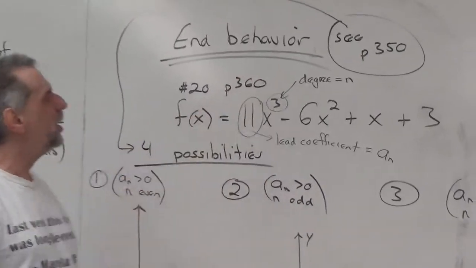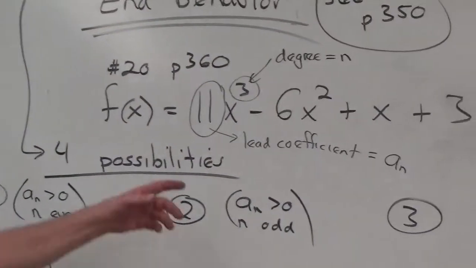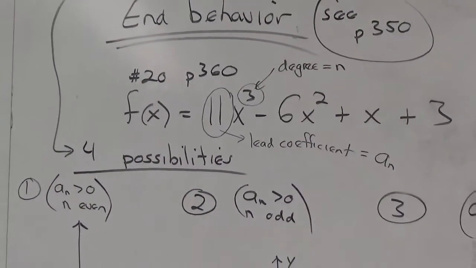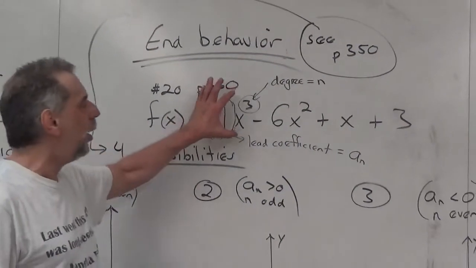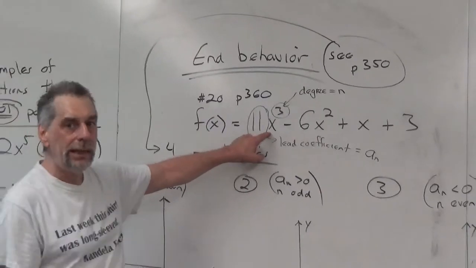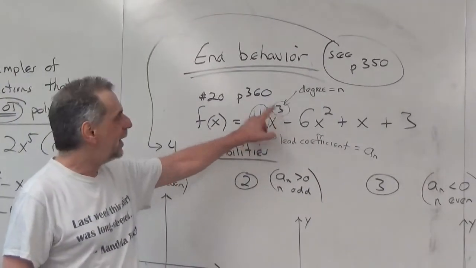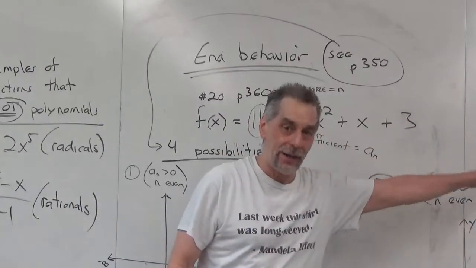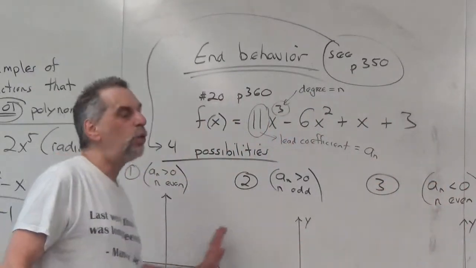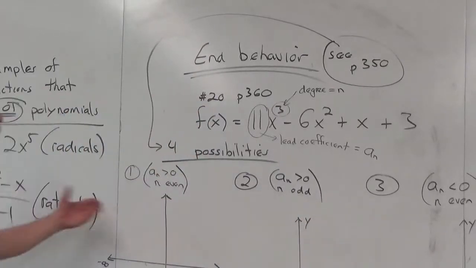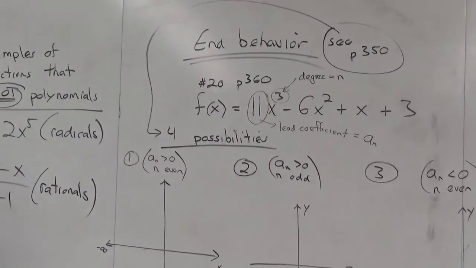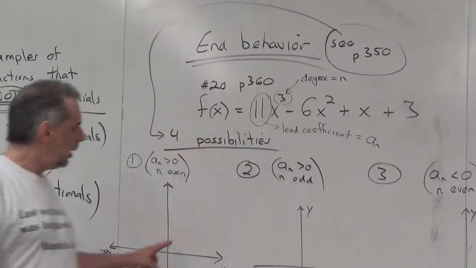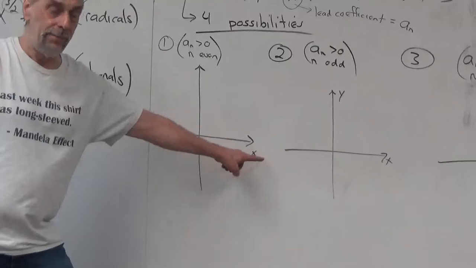And the lead term is going to dominate any polynomial because as we go out to positive infinity or negative infinity, the magnitude of the numbers is so large that if we take, say, 10 million and raise it to the third, that's going to dominate the rest of the polynomial. The rest of the polynomial isn't going to matter at that point when we go out to the really large values to the right or the really large negative values to the left. So all we're looking at is what this lead term does as I go out toward positive infinity. Okay, so